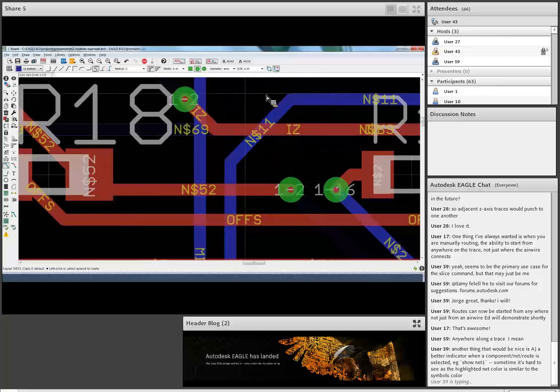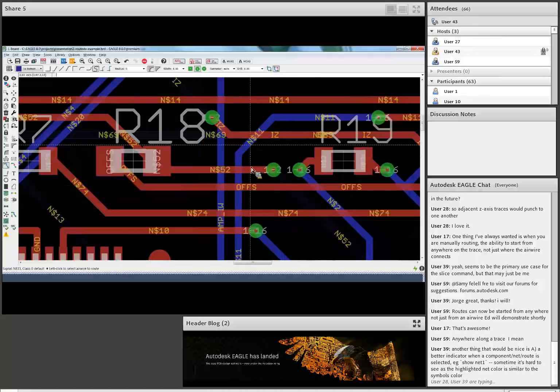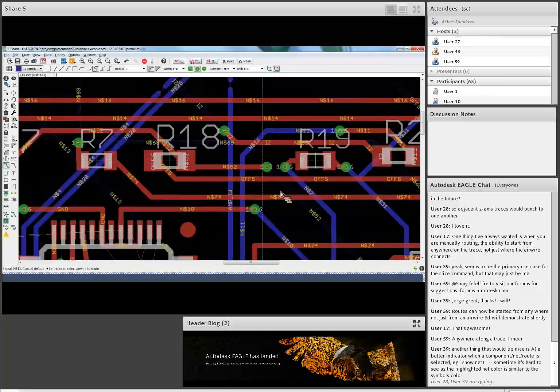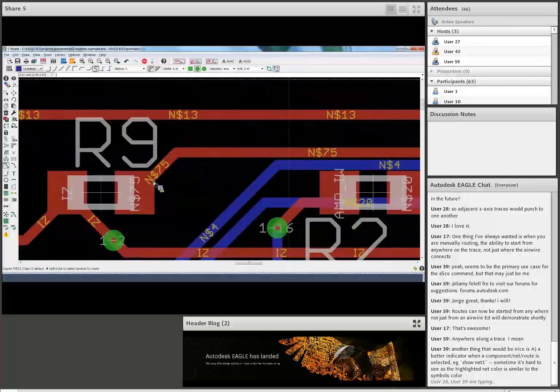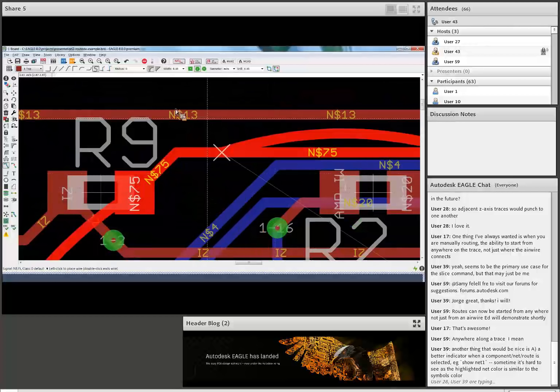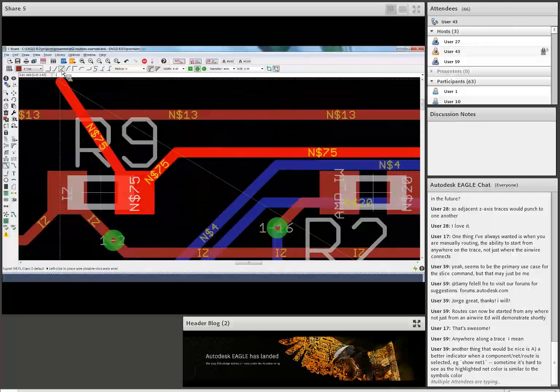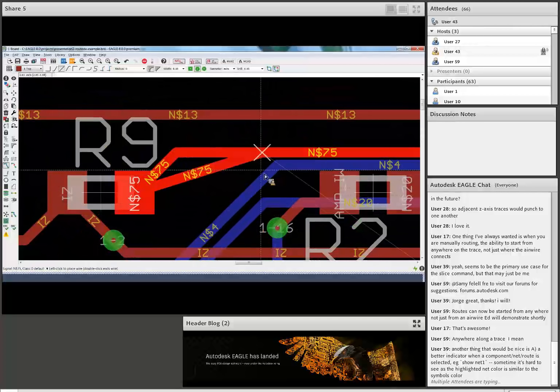Now, with loop removal available, I'll go ahead and click the route command, which is still active, and I can now run my route, and you'll notice that the looping has been eliminated. So if you have multiple traces in which you actually want to remove the loops,